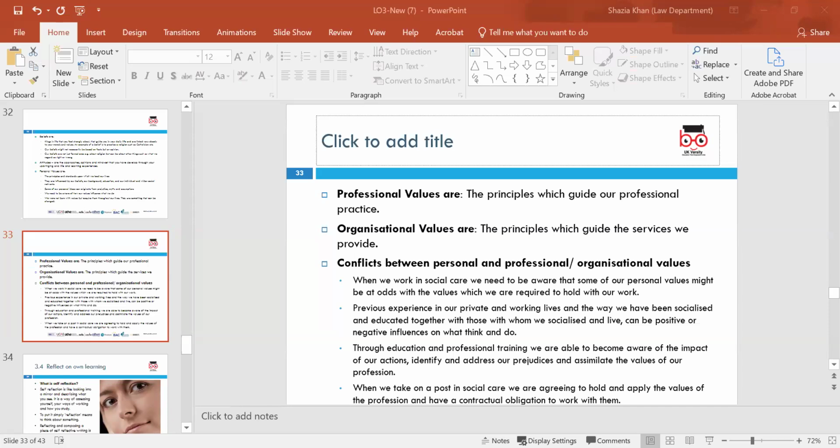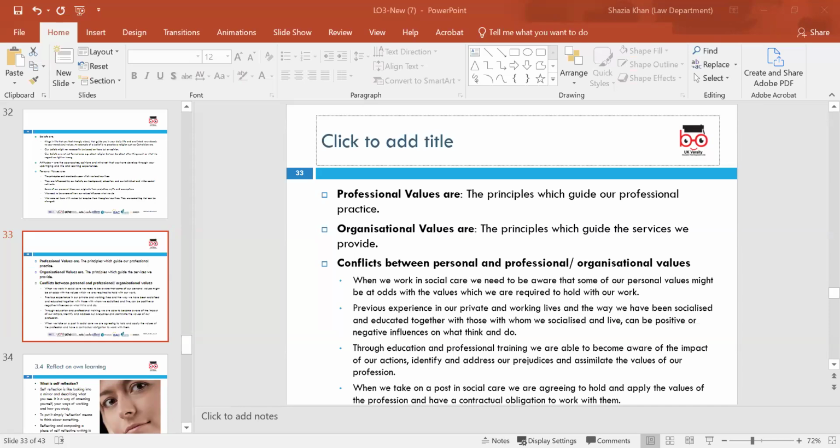Give me one example of where it might clash. A lady came to our care home for employment, and she told the manager she is a Muslim, so she will not be dressing or helping a male service user, and because of that, she was not taken. Yeah. It does play a big part in it. But when you try to resolve it and mediate, you can help it. You can help someone become aware of it. It may be an organization that doesn't allow people to wear a headscarf. It might be an organization that doesn't allow people to wear a cross, because of their religion.